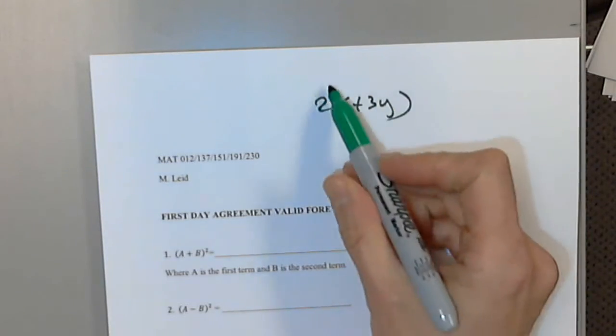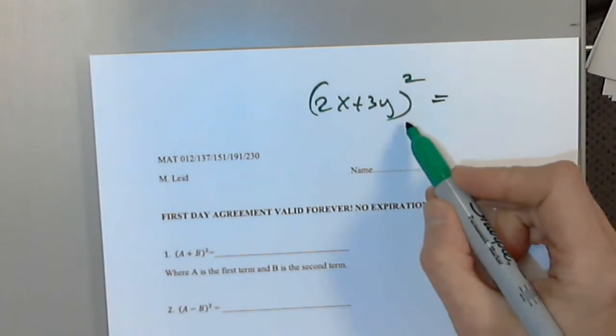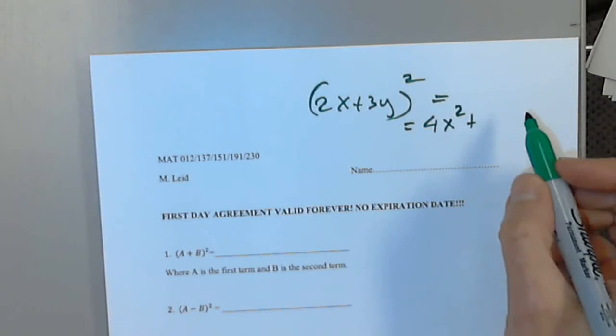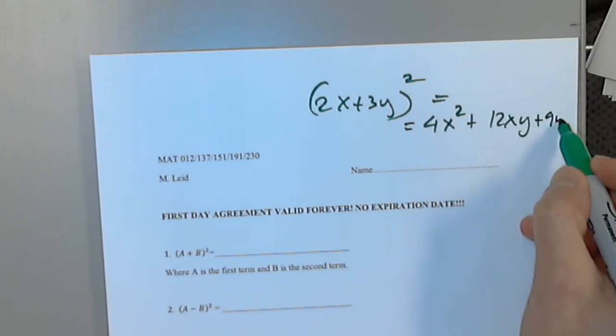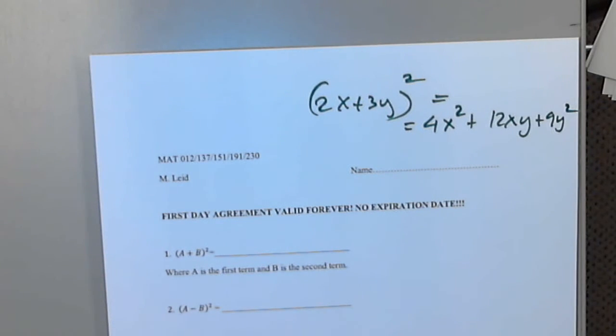2x plus 3y, everything squared. And let's say I write 4x squared plus 12xy plus 9y squared. And if somebody's asking me, I don't understand why it's 12xy, I'm going to pull this and say,